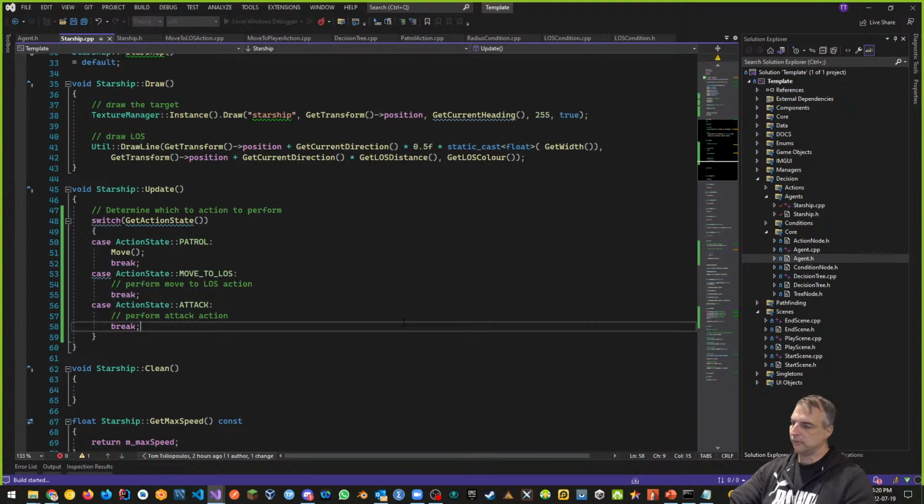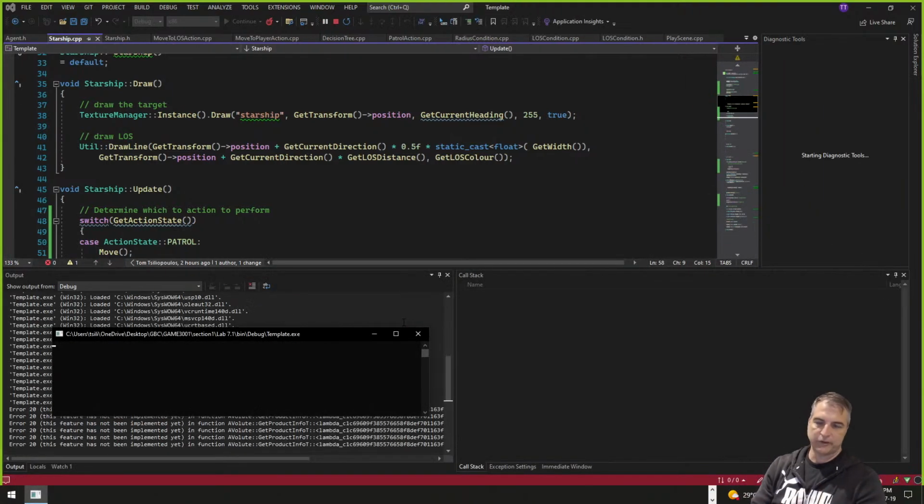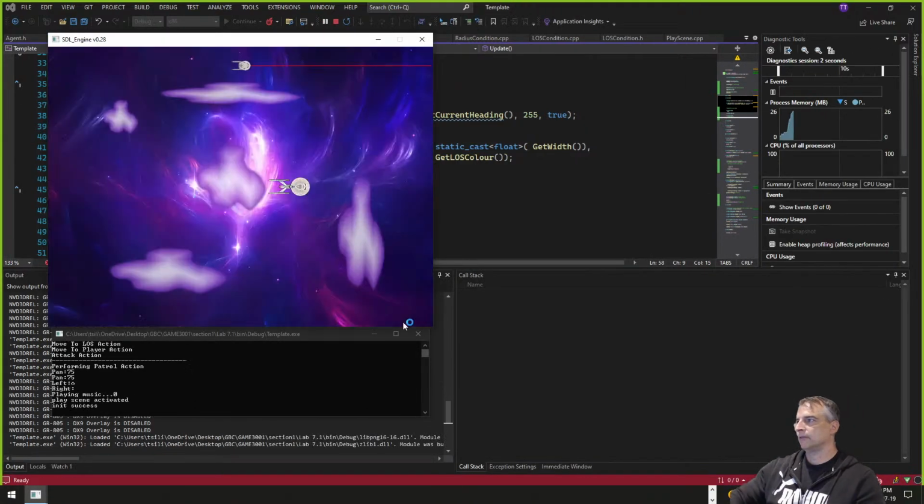And if everything goes well, then we should have our ship moving around. Maybe, maybe not. We'll see, and we'll troubleshoot the problems if we have any. I know I'm running overtime, guys. Bear with me. But this is the first part of lab